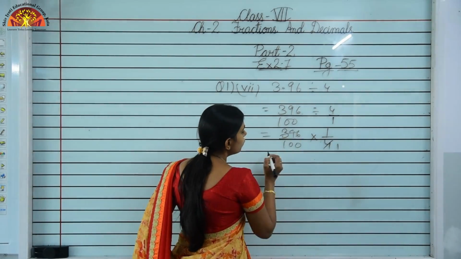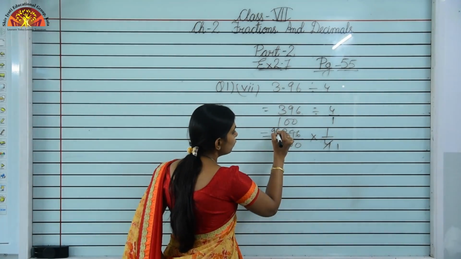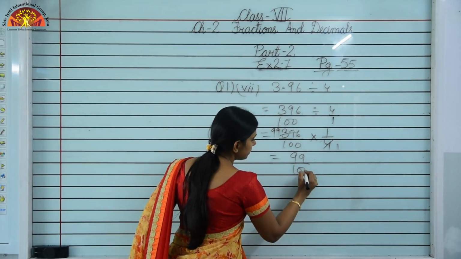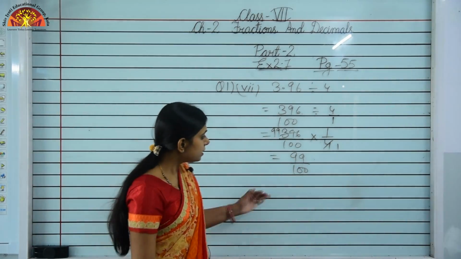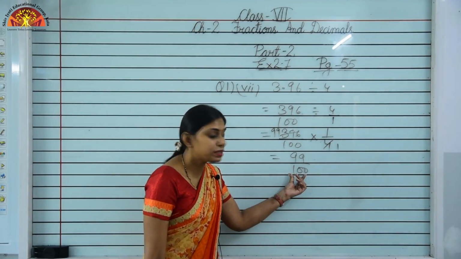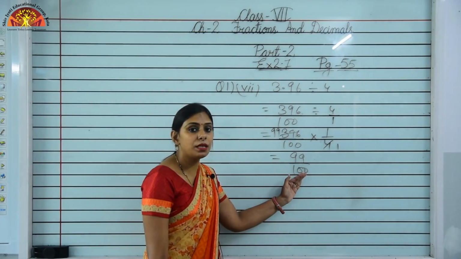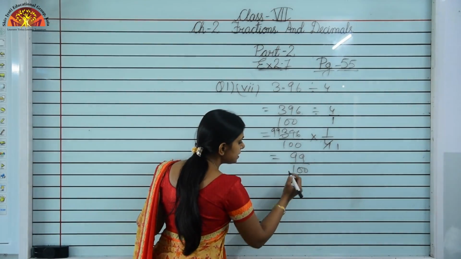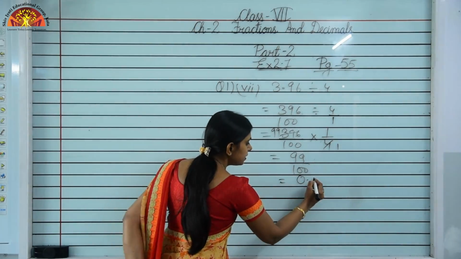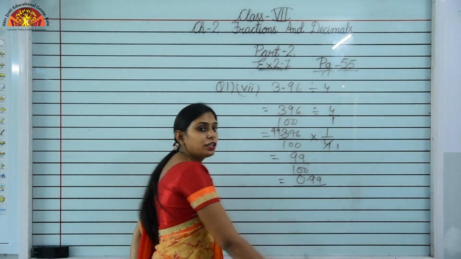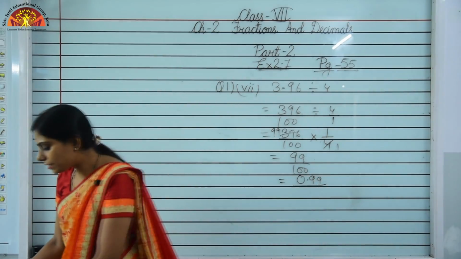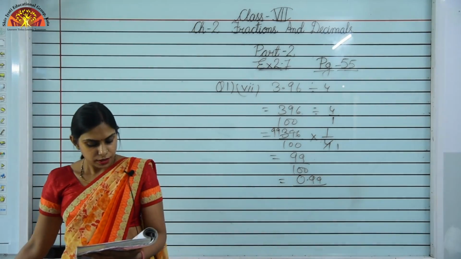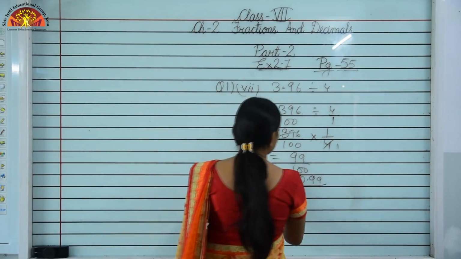4 ones are 4, 4 nines are 36, 4 nines are 36. So it is 99 upon 100. Now you can just place the decimal. Since in the denominator it is 100, so you have to place the decimal after the 2 digits from the right. So this is the first number and this is the second number. So your answer is 0.99. Got it? Now just see the next question. It's question number 2, okay? Question number 2, second part.